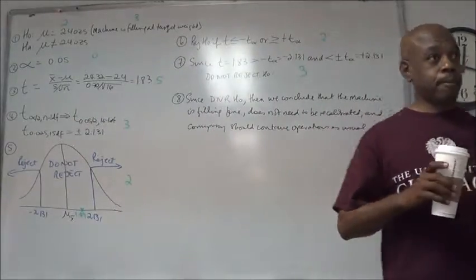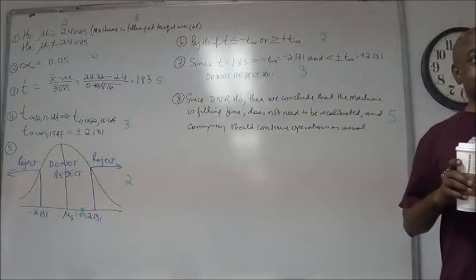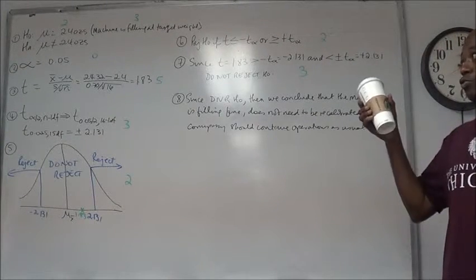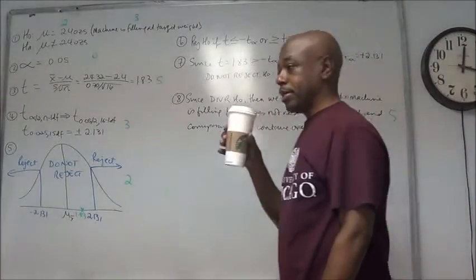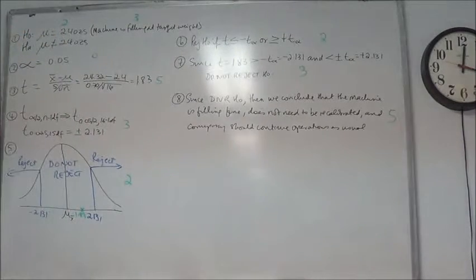But you were saying if it wasn't given to you, that's the rule we've been using, yeah. If alpha is not given to you, use 5%. Now that question took us a while, but as we get used to this it needs to take you 10 minutes at the very most.